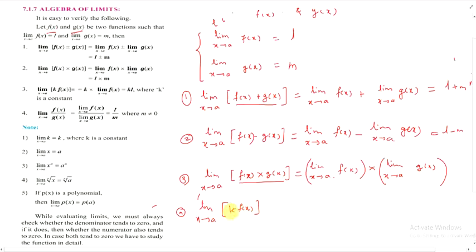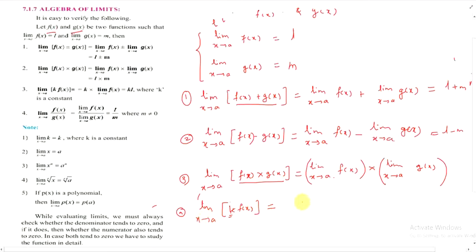K is any constant, means what? It is any real number. It may be 1, it may be 2, or minus 3, minus 4, or 1 by 5, 2 by 7, or minus 100, whatever it may be. Then the limit does not affect this constant, or this constant does not affect the limit, vice versa. We can take it in any way.